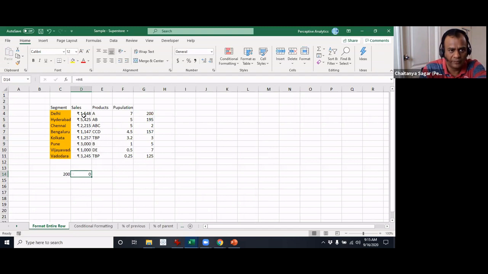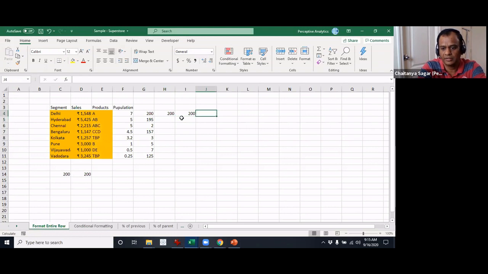So for this particular cell, what is there in H4 should influence the formatting in D4 based on this hypothesis. Is that correct? Yeah. So let's see if that is correct or not. There you go. Okay. So you can continue to do that, and so on and so forth. Got it, right? Yeah. Okay.